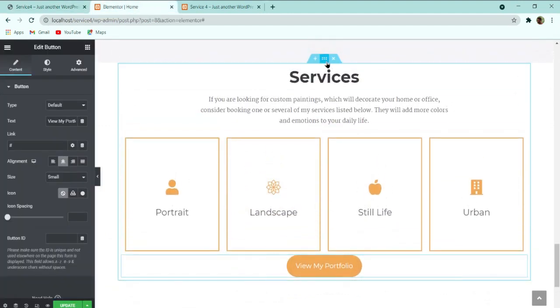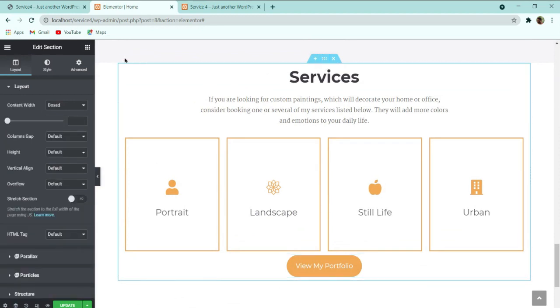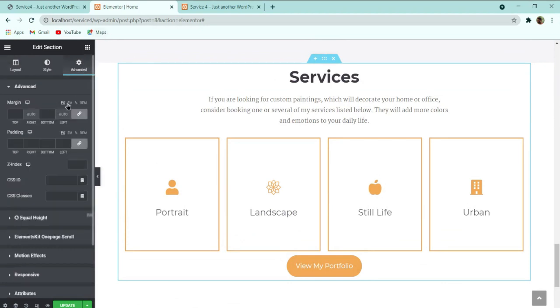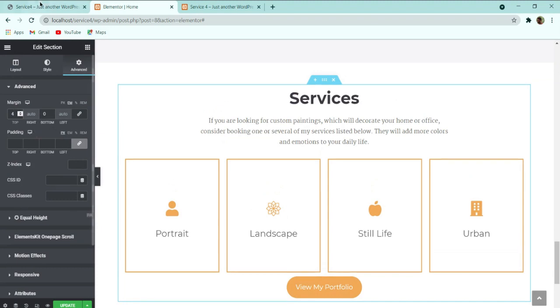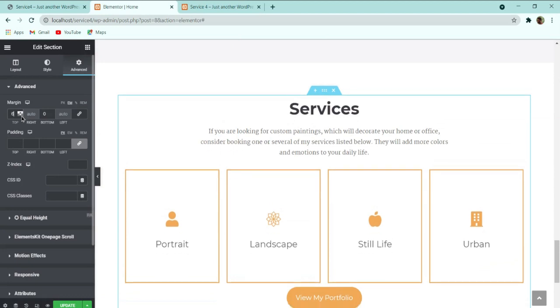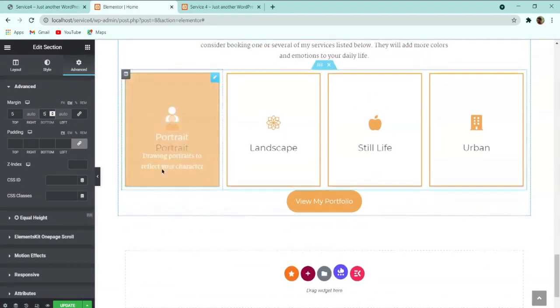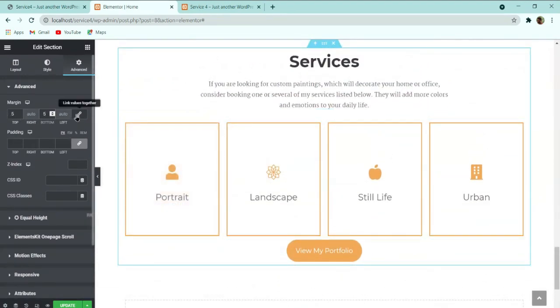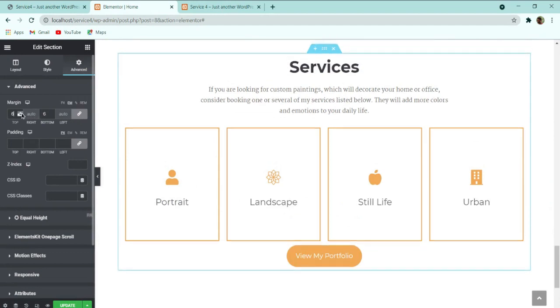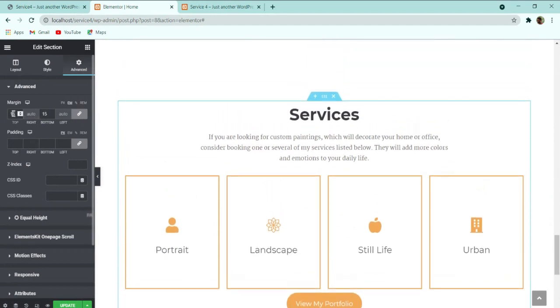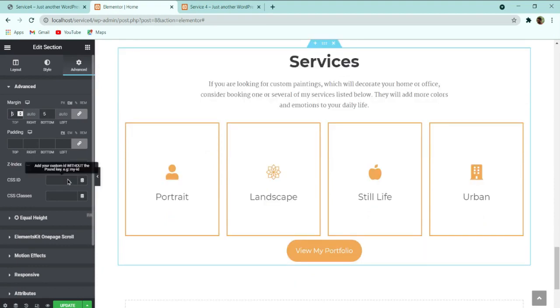Now first of all click on the edit section option, the six dots over here, then go to the advanced part, and here you have to add a margin. Always remember to unlink it, click on em, and type 4 em top and 4 em bottom. Let me increase it to 5 em top and 5 em bottom. Where you have to give similar numbers to top and bottom, you can link the values together, so that whenever you change top or bottom, it will automatically change the other one also.